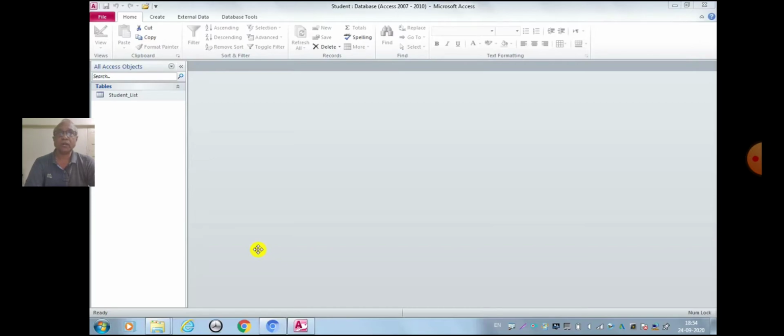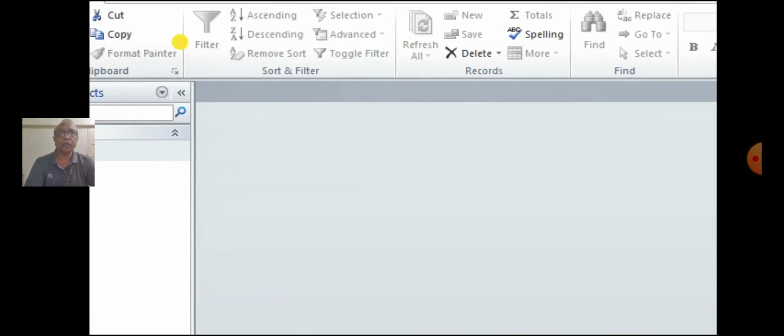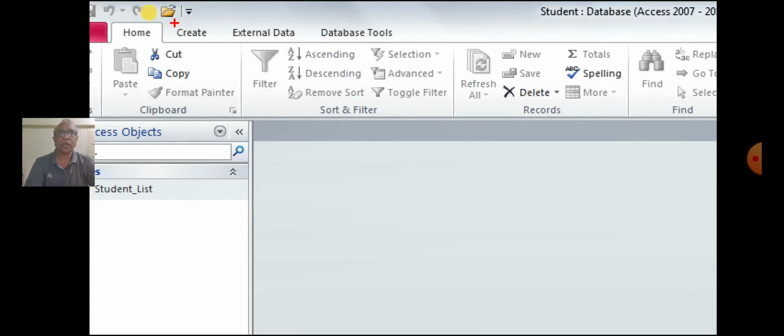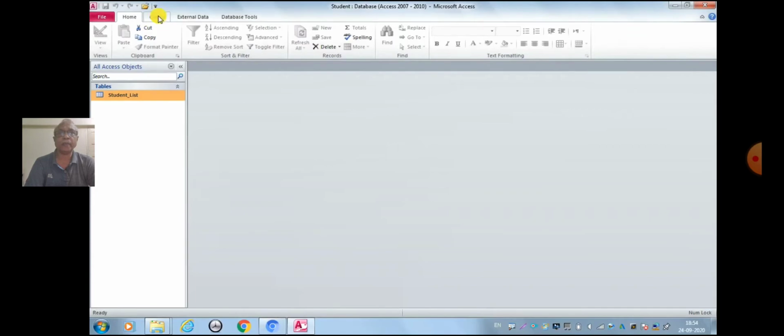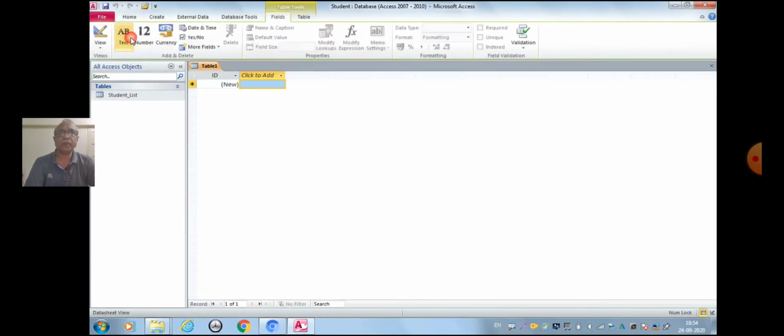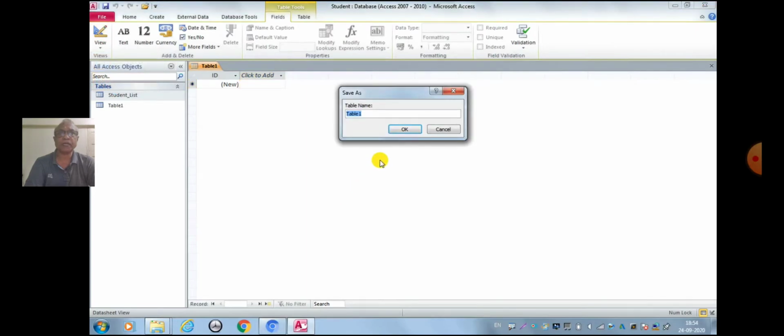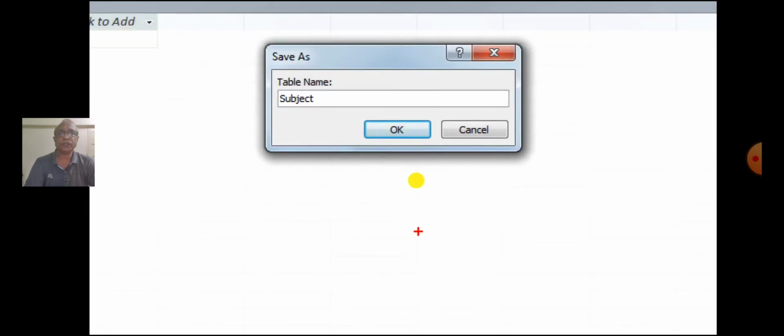Now students, let us have a practical understanding of how to create a lookup list. In order to create a table, we will first click on the Create tab and select Table from the ribbon. We will change the name of the table from Table 1 to Subject. We will click on OK to save the changes.